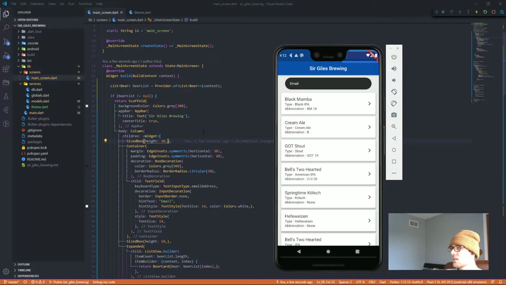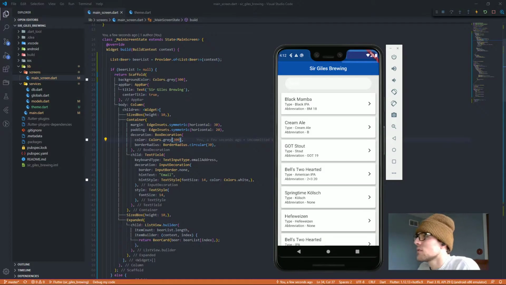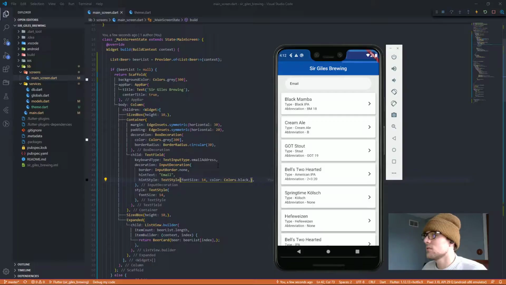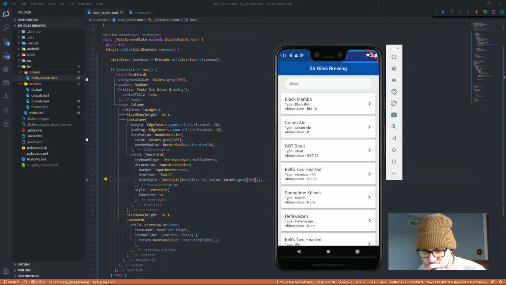Yo, that's much better. But that background, that was for a dark theme. We need to restyle this for a light theme. So let's make the background of the search field a lighter gray. Yeah, that looks good. Now the text we can't see because the text is white. So let's make the text black. Boom. Not black. Let's make it like a light gray actually. Yeah, that looks good to me.